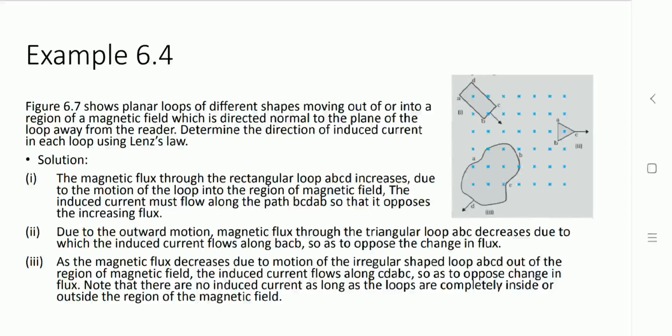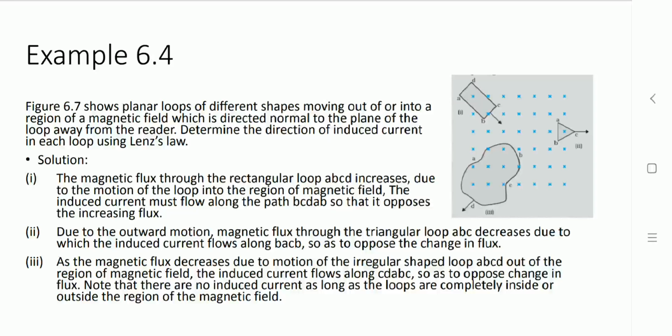So here we can say that the magnetic flux increases in the direction A, B, C, D, A. So here the flux is in the A, B, C, D, A direction, so my generated current is in the opposite direction. So it can be in the form A, D, C, B, A. Here, whatever the magnetic flux direction is, the current generated is in the opposite direction, so that is coming inward. So my current is in the counterclockwise direction.